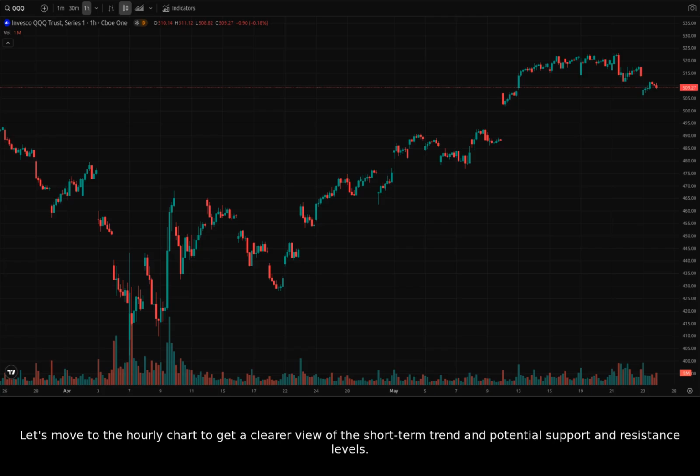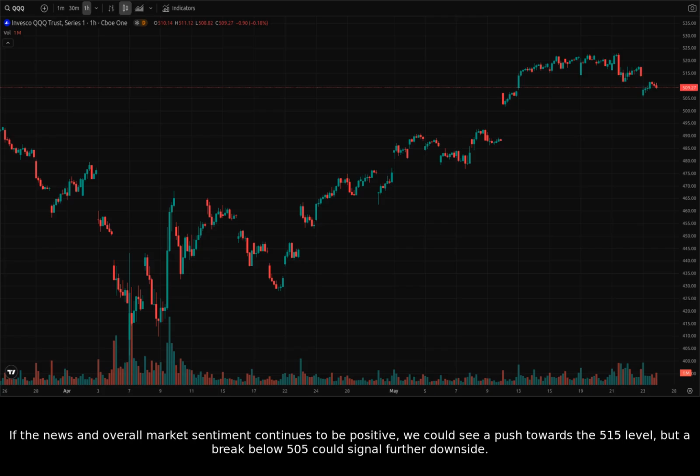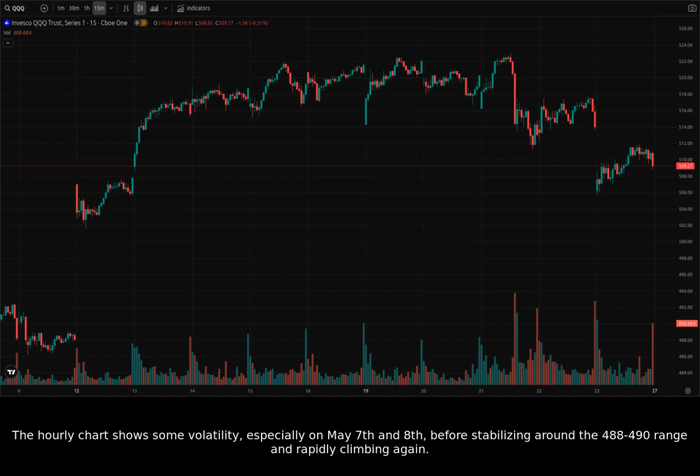Let's move to the hourly chart to get a clearer view of the short-term trend and potential support and resistance levels. If the news and overall market sentiment continues to be positive, we could see a push towards the 515 level, but a break below 505 could signal further downside. The hourly chart shows some volatility, especially on May 7th and 8th, before stabilizing around the 488 to 490 range